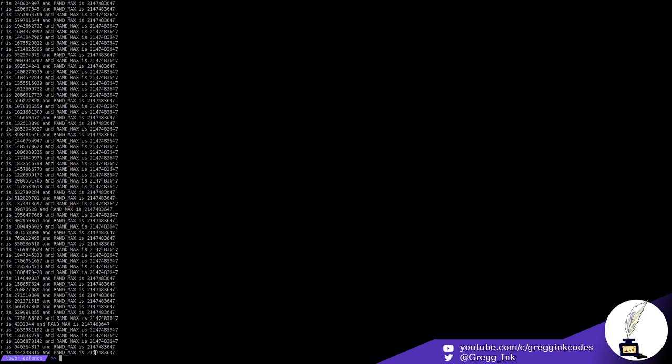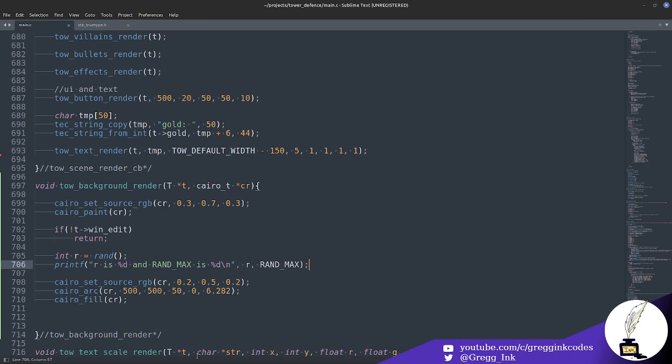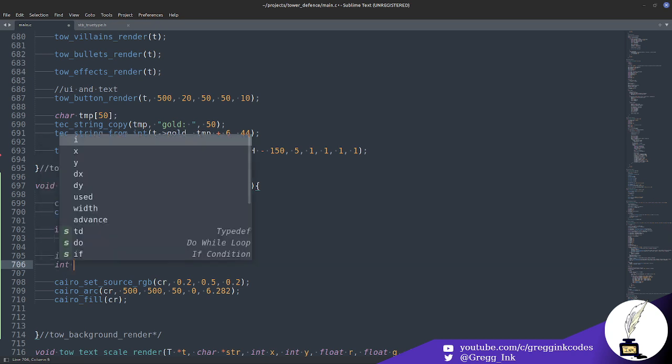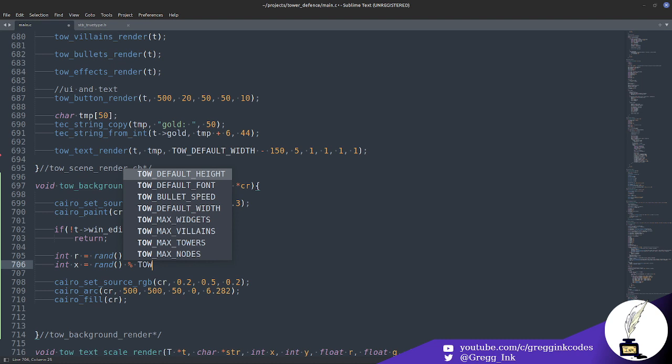So rand max is 2 billion something, so it's basically the range of a signed integer. Right. Okay. So what I want to do here, I want a number of things. Int x equals rand, and then modulo default width,